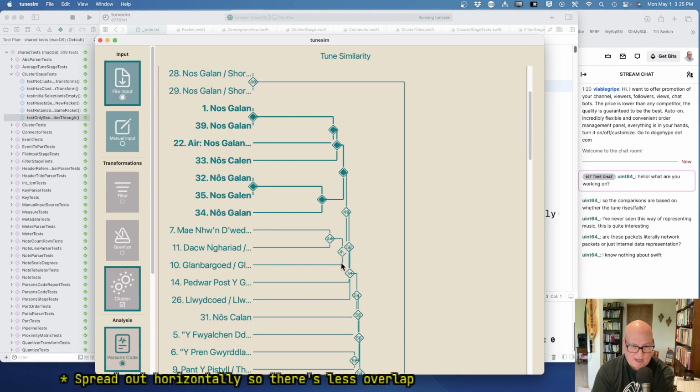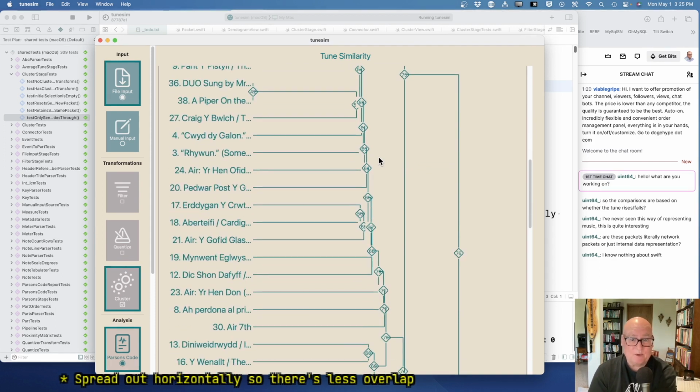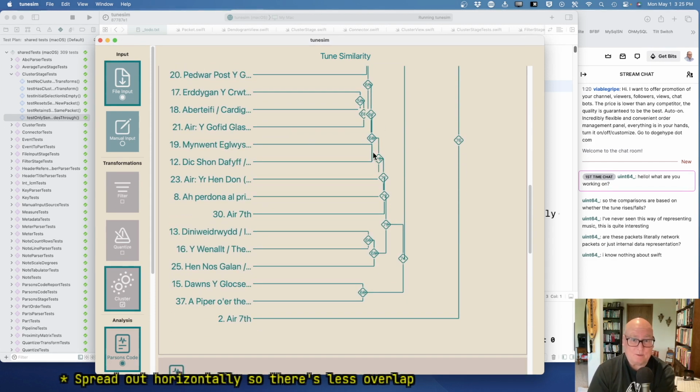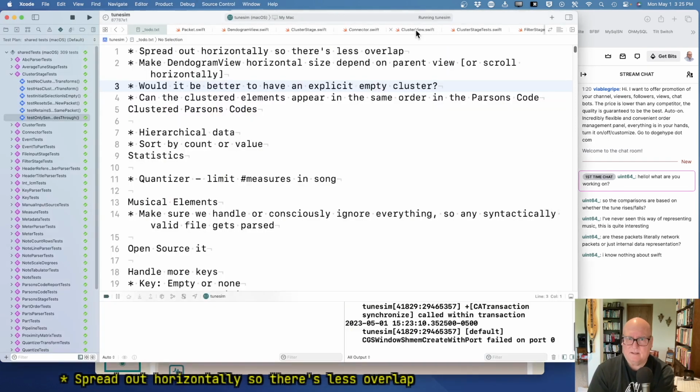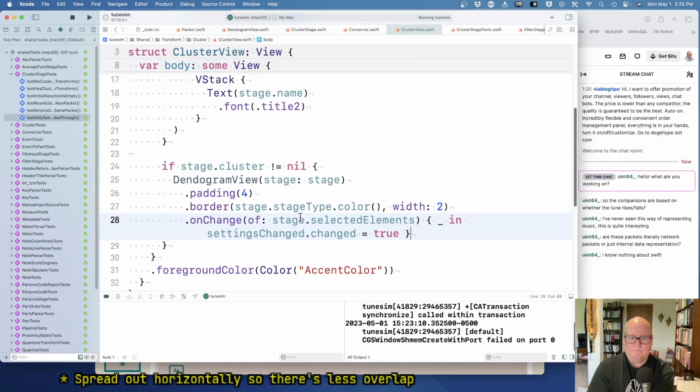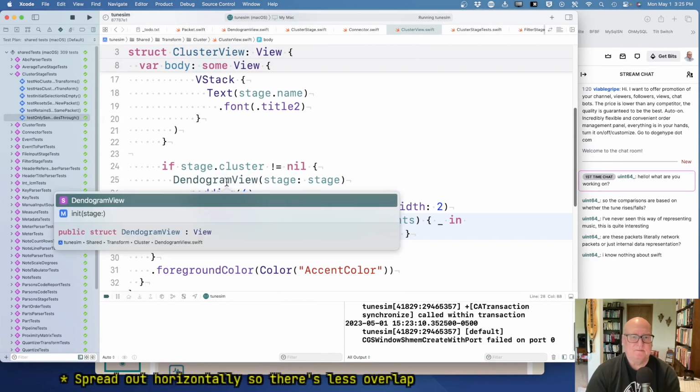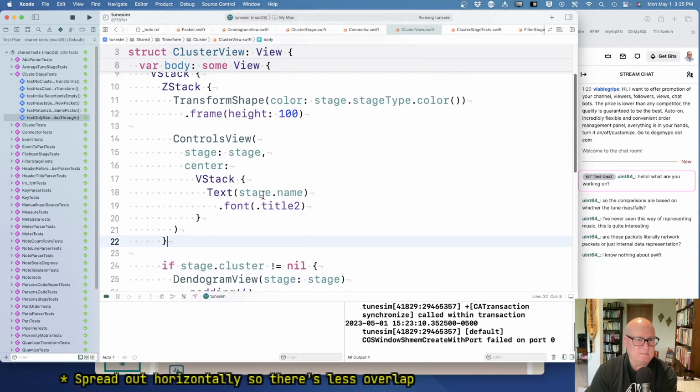I may have to look at the maximum of the 2 children and see what I can do. But I definitely don't want to start that at this point. But I think it's doable. I mean, it won't reflect exactly the mathematical distance, but it'll be much more readable, I think. We can probably, dendrogram view. At some point,